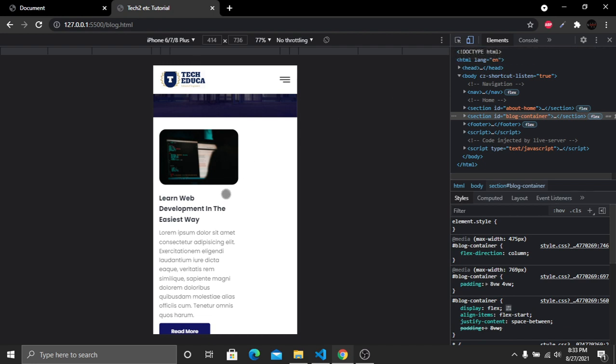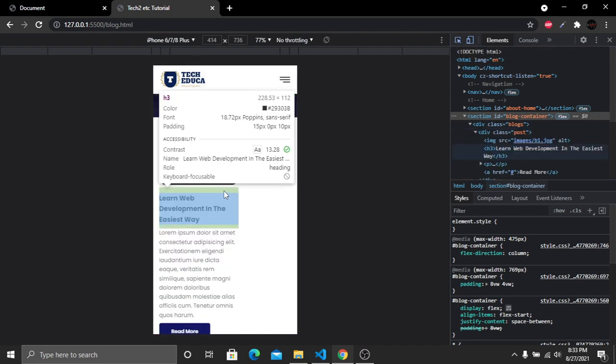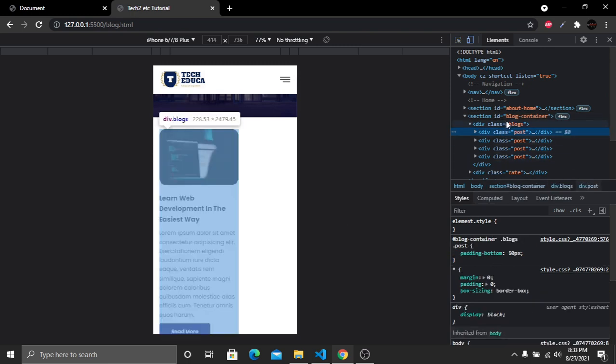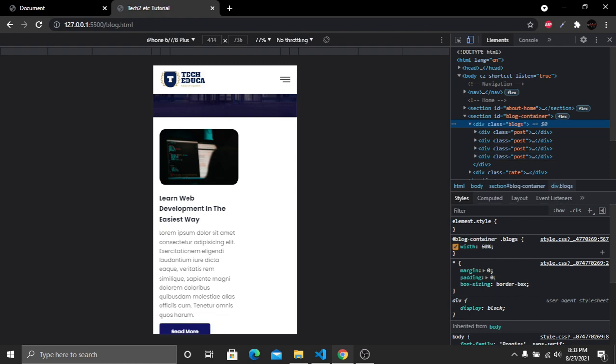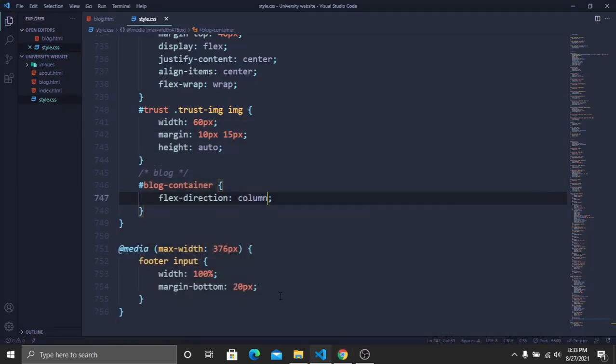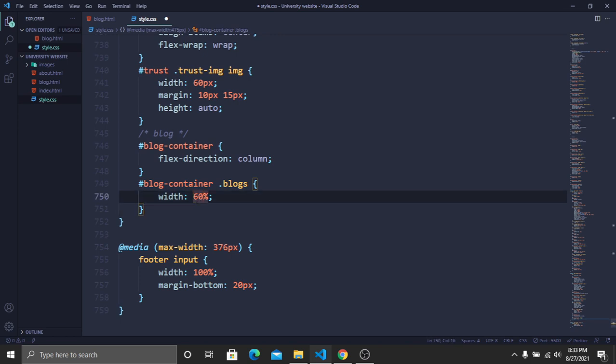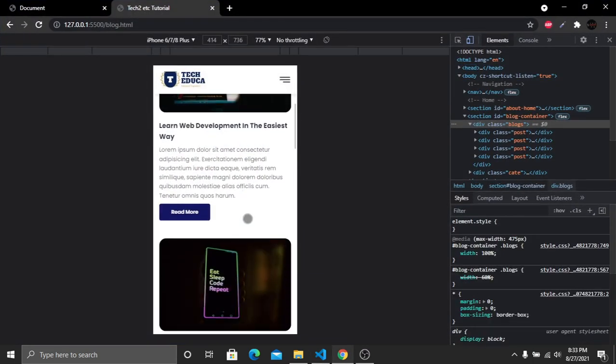So that's why I just select this section, this post section. That's it. And from here select the block actually. Now copy this rule from here and then paste it here. It will be taking 100%. That's it. Now save and go to our website. Here you can see that now it is taking